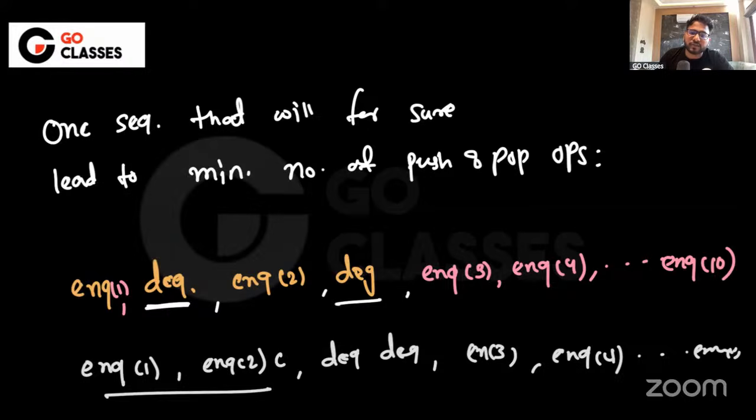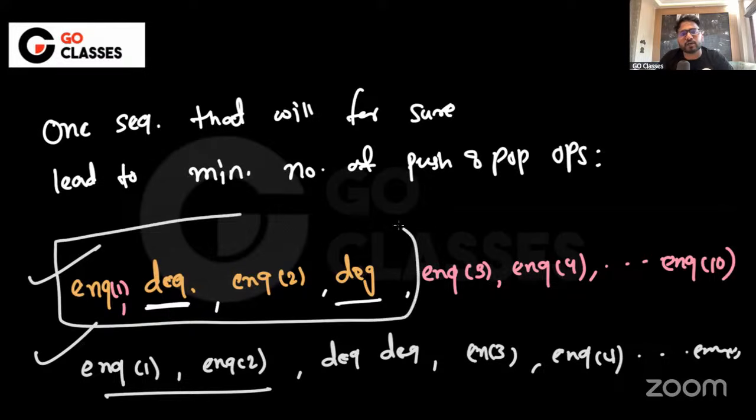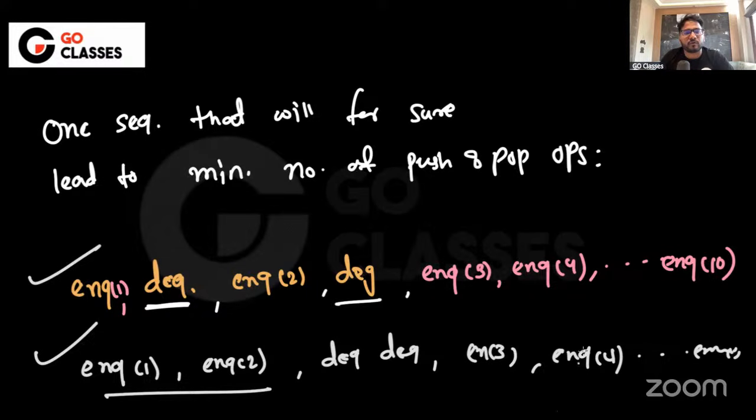I'm not saying the above one is the only minimum. This is also minimum. This is also minimum. But just for simplicity, you can understand that immediately DQ is a minimum. They can even ask a question as homework. You can take this question: if you want to have 10 NQ and 2 DQ, then how many particular combinations of permutations and combinations will lead to the minimum number of push and pop operations.